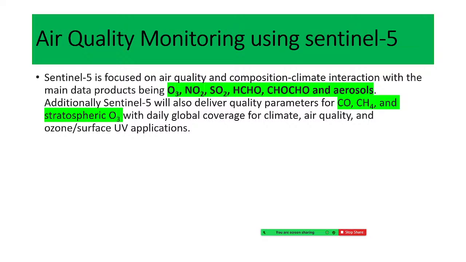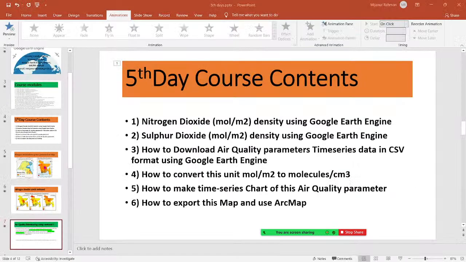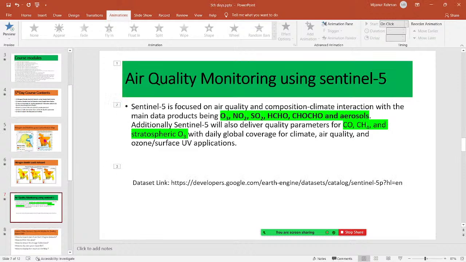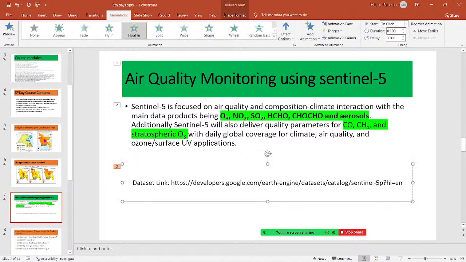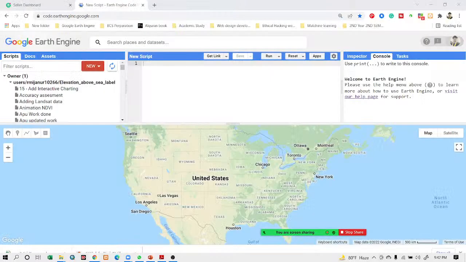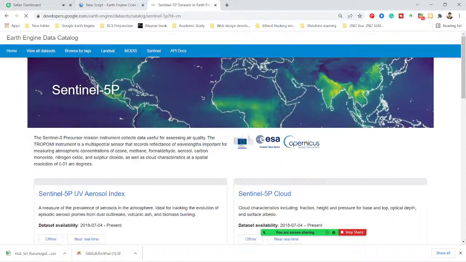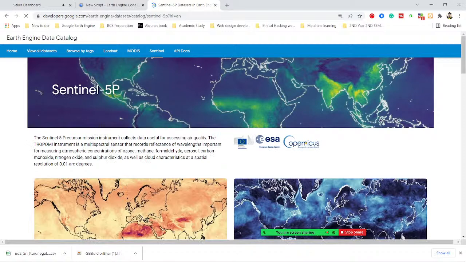This is our main dataset link. When you go to this link, you can easily access all of the datasets for Sentinel-5. So I simply copy this dataset link from here and open it in a browser. So I simply open it here. Here you can see this is the Sentinel-5